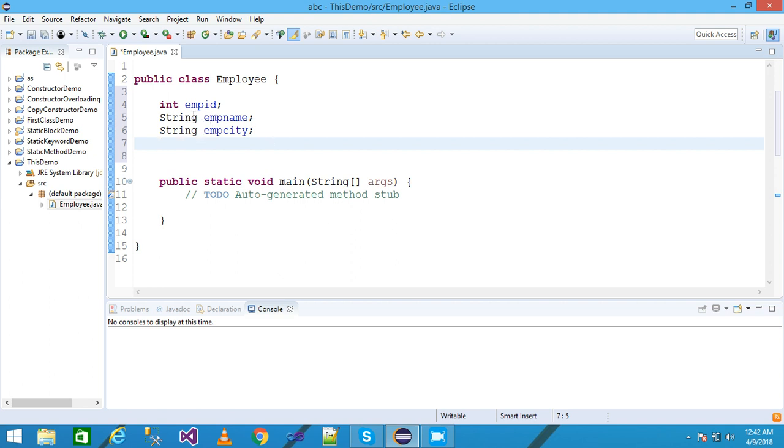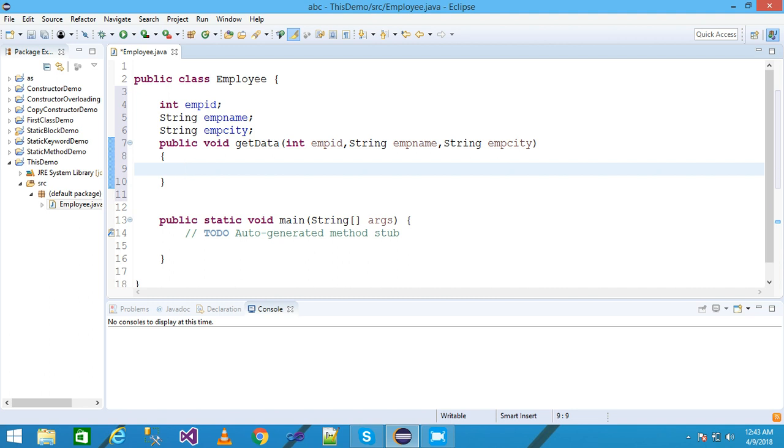I am declaring here the three variables empId, empName and empCity, and then I am going to create a method, public void getData, and passing here three arguments: int empId, String empName and String empCity,